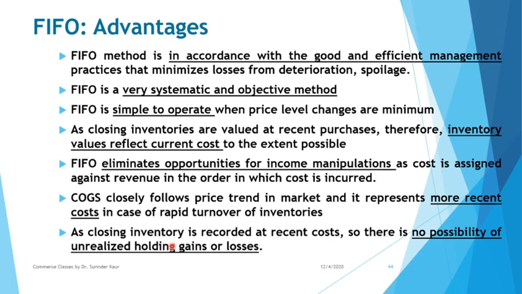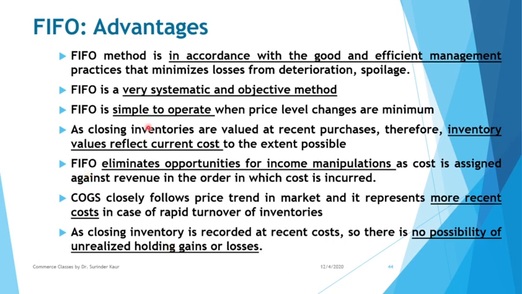So that 4 rupees of reserve that you have created in the inventories, your inventory is not showing the true value. Your inventory's value is say 10,000, but it should be 14,000 as per the current rates. So that 4,000 that you are showing lesser, it is actually implying that you are undervaluing your inventories and you are undervaluing your profits, because if your closing inventory is understated, your profit is also understated. So in a way, you are creating hidden reserve. That is, you are creating hidden profit. You only know that your inventory is worth 14,000 and you have a profit of 4,000 there. And whenever you make the sale, that hidden profit will be realized.